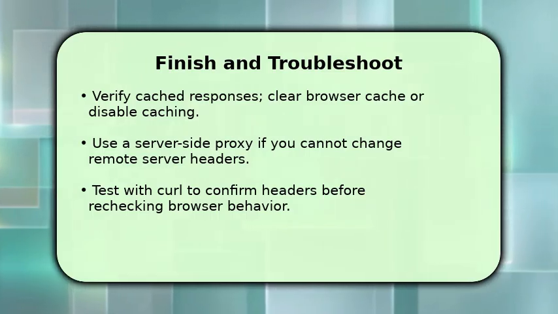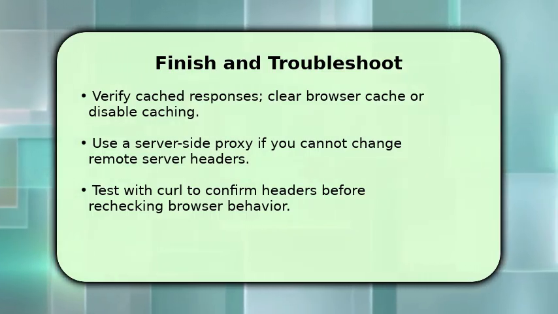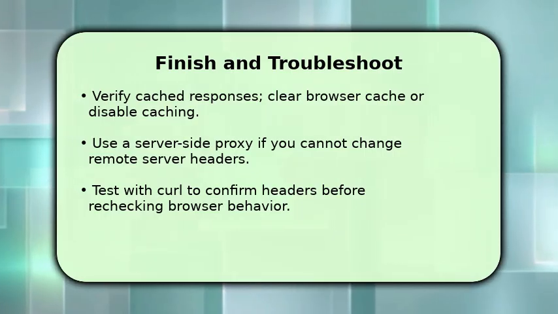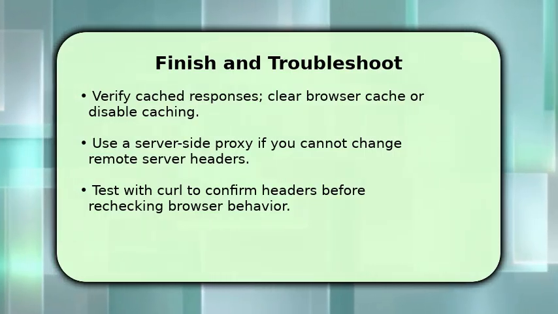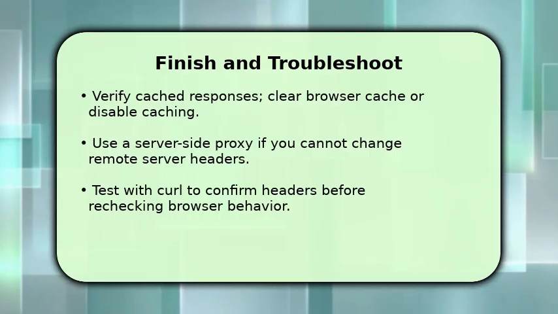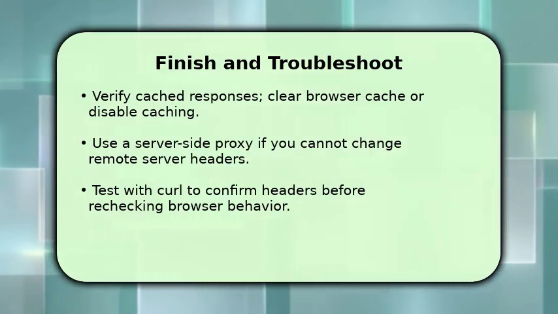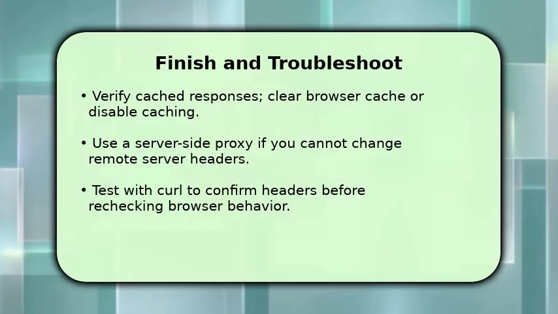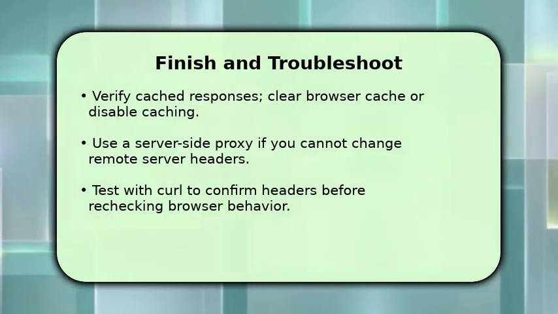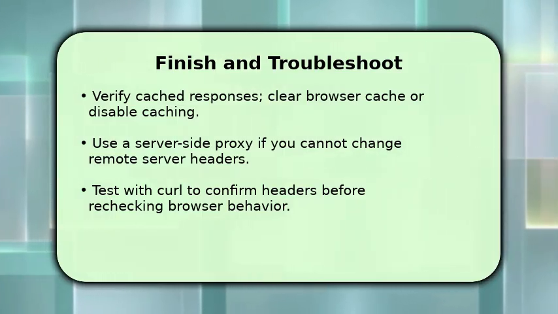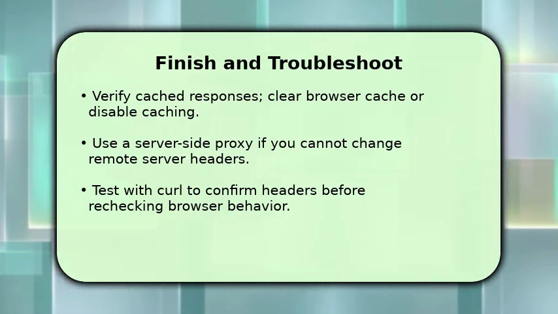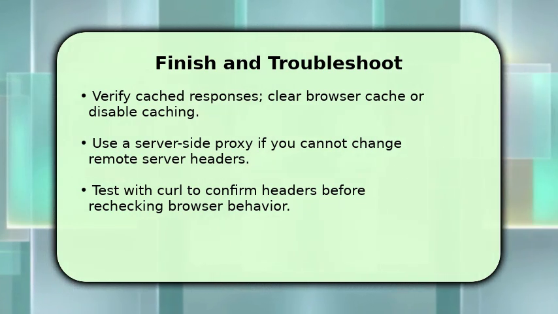If you cannot alter the remote server, implement a server-side proxy that forwards requests and injects CORS headers, since proxies bypass browser restrictions. Always validate headers with curl or Postman to confirm the server sends Access-Control-Allow-Origin asterisk before retesting the browser. If issues persist, check for mismatched origins, missing preflight headers, or intermediary caches rewriting